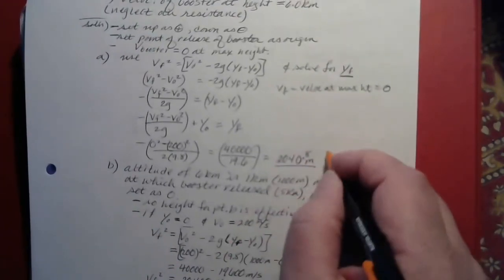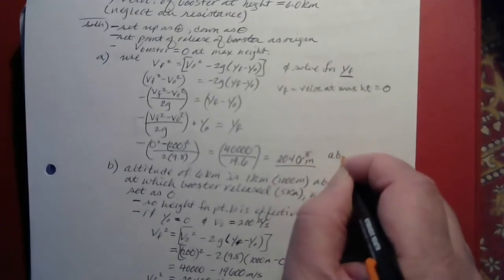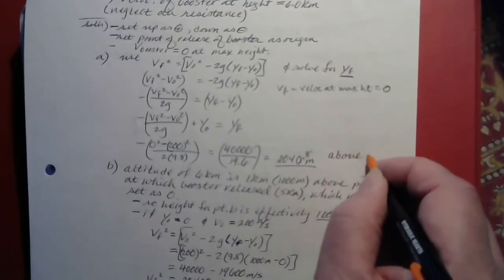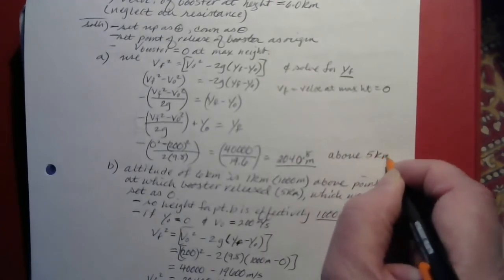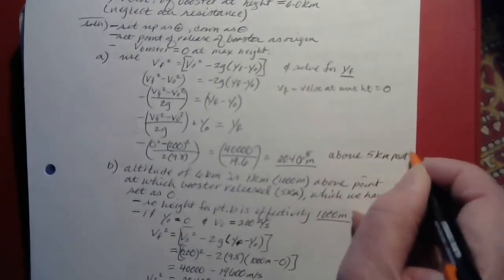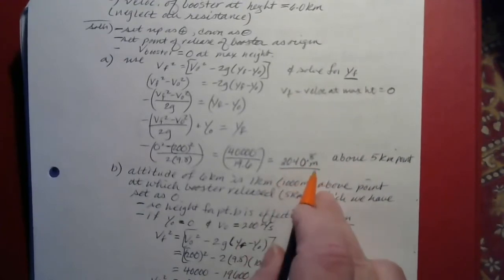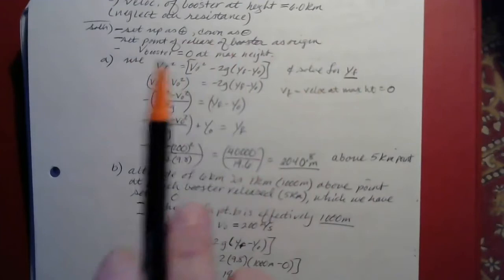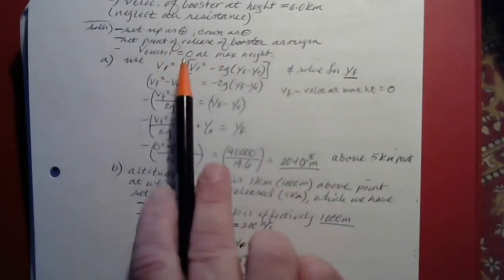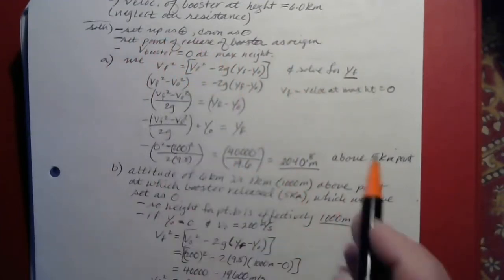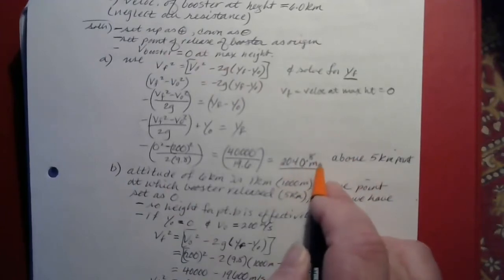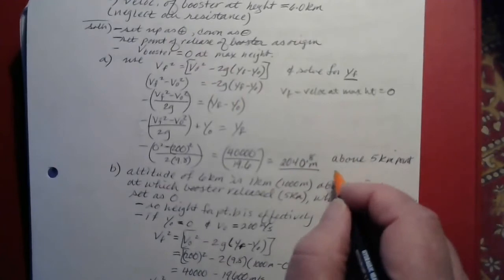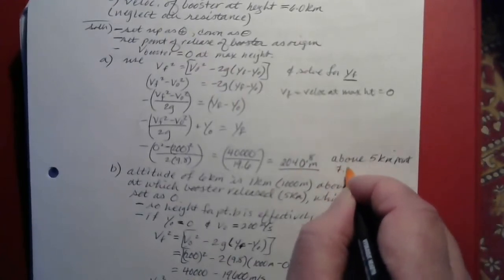And that is, okay, A, what is the maximum height? This is 2,040.8 meters above the point at which the booster was released, because remember, we took the point at which the booster was released as 0. So that's 2,040.8 meters above the 5 kilometer point, or in other words,